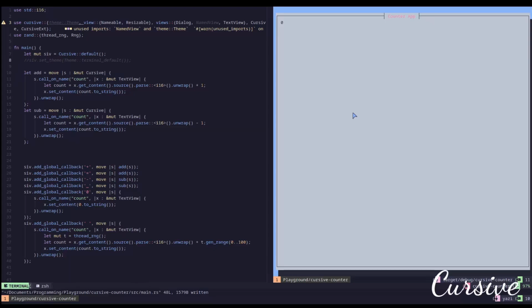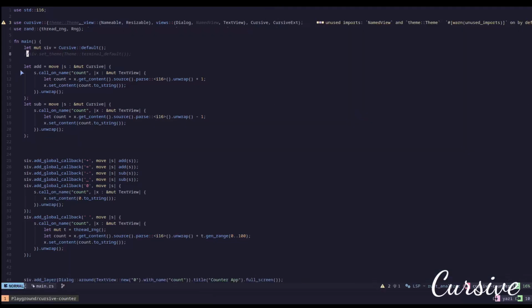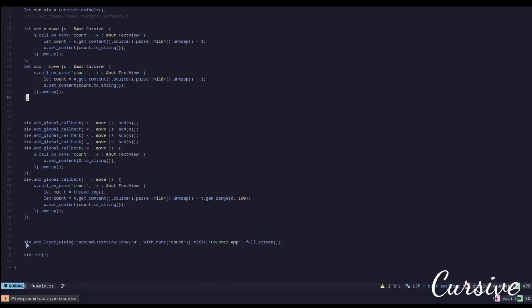I just set it to the terminal default. Onto these two closures. Actually, let's go here. So to of course draw the actual UI, I'm first having a text view with the count, which is going to be 0 at the beginning, and then I'm putting a dialog around it with the title Counter App, and